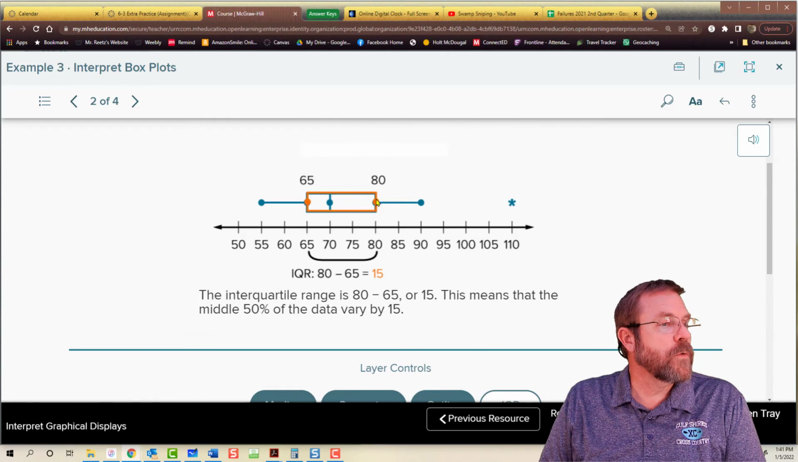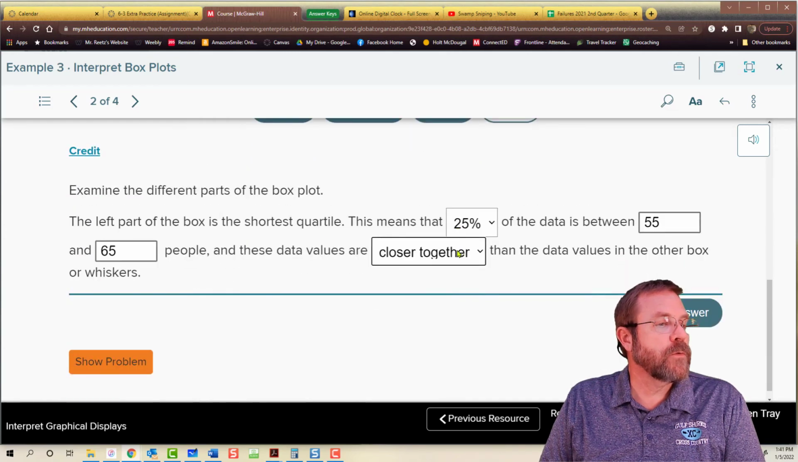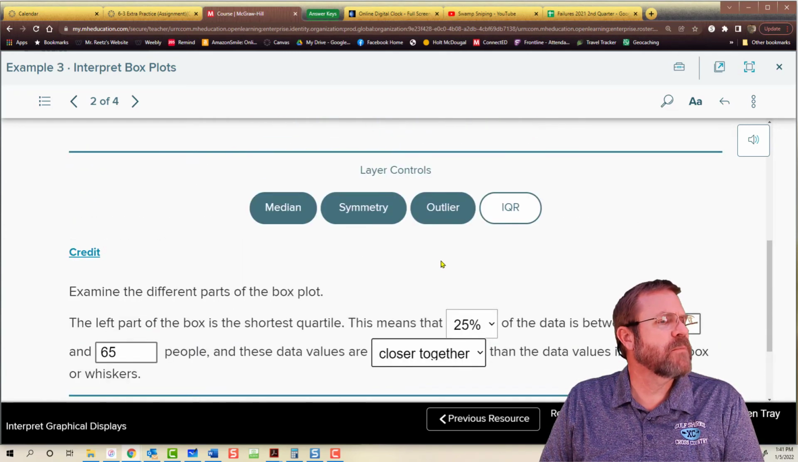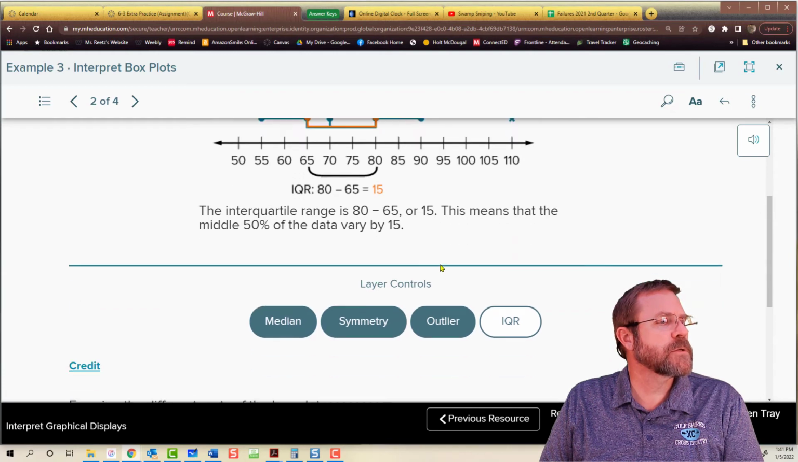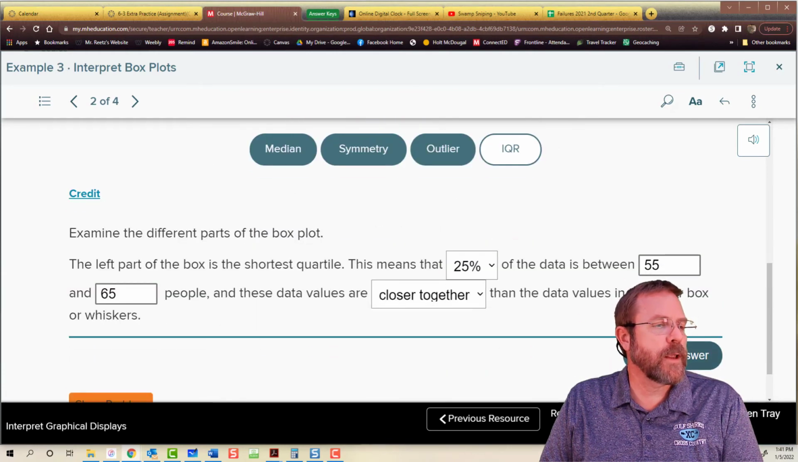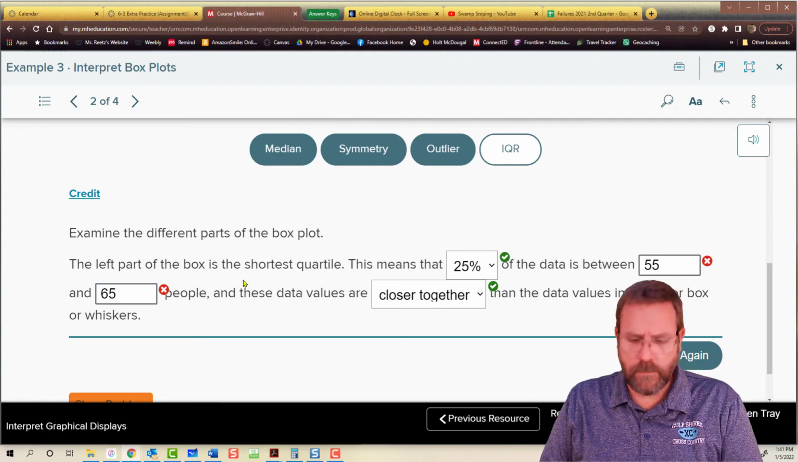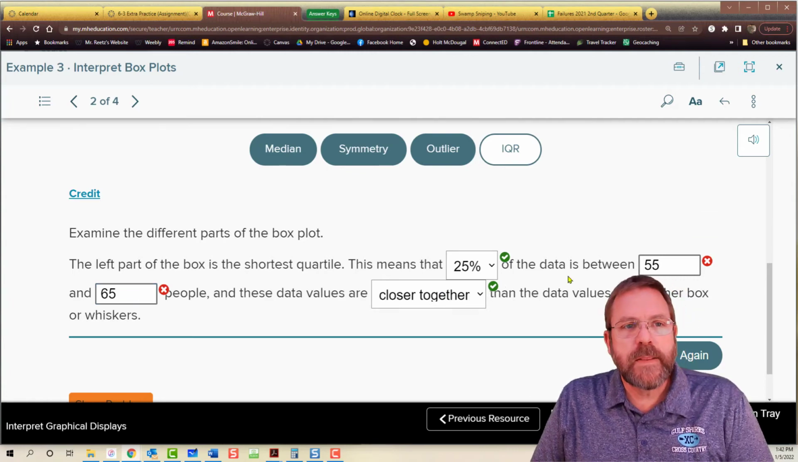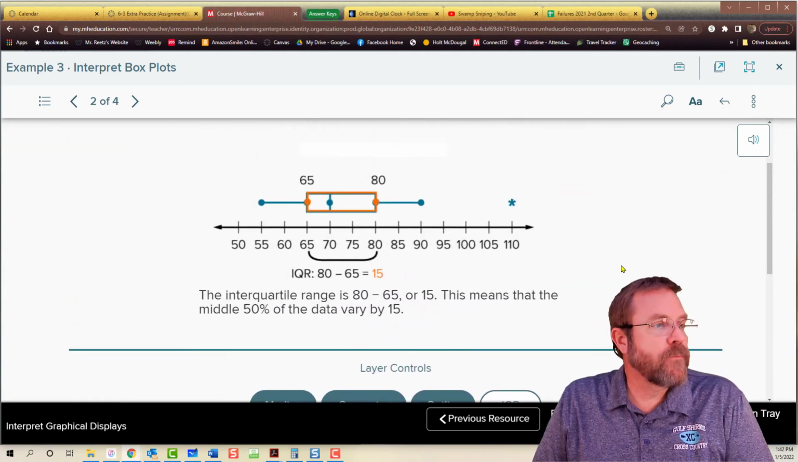I'm sorry. So the other whisker goes from 80 to 90. It's also 10, so they're actually going to be the same distance. So that just doesn't make much sense to me. But let's go closer together and see what happens. It says, hold on. Oh, I see. They asked for the box, not for the